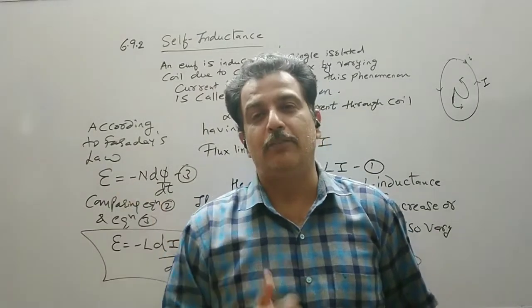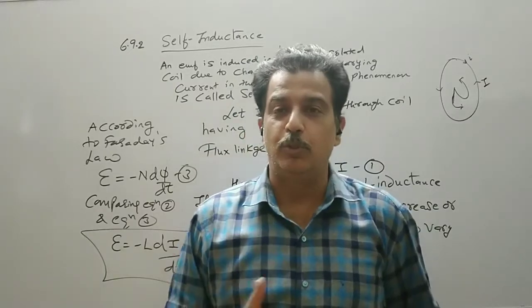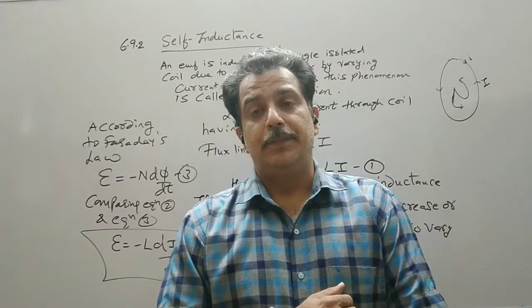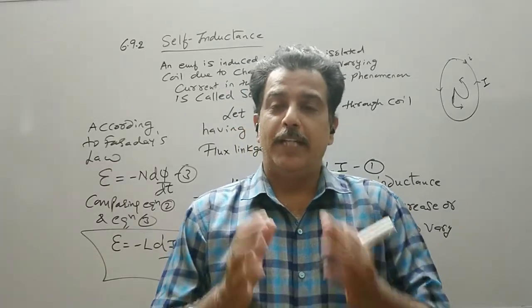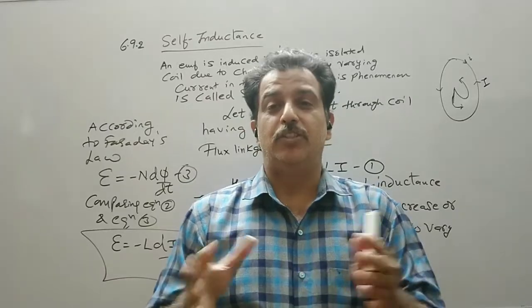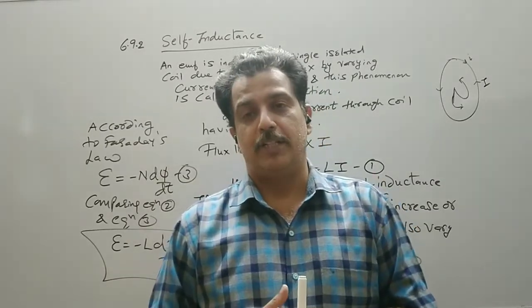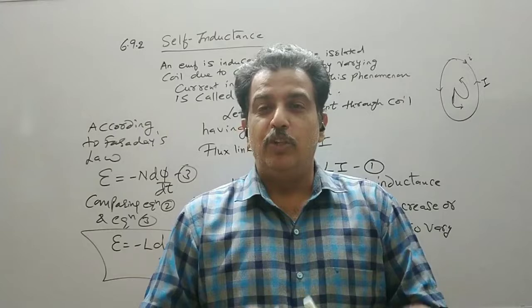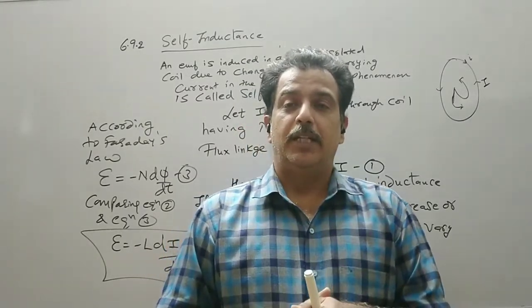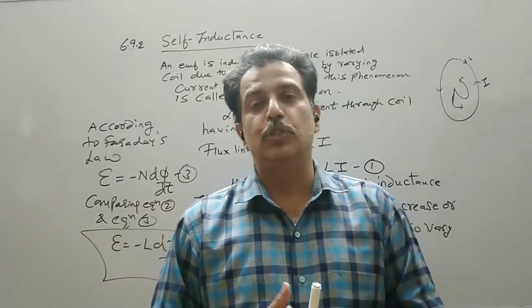So that component will be named as inductor. We will come to that component inductor also. Like a capacitor, we will have a component inductor which has a property of self-induction. It initially opposes the growth and the decay of current, but we will do the work against this self-induced EMF or self-induced current.